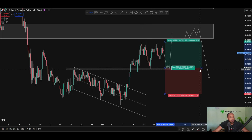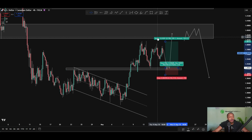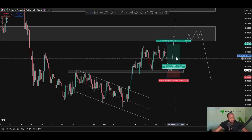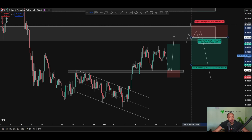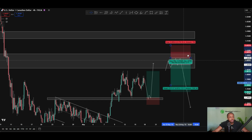Depends how everything is moving along, but dollar CAD buys I think still look good. We haven't really seen price show momentum and try to continue just yet. We're kind of failing at highs there, so I can see us potentially coming back down before continuing to the upside again. And once we start coming into these areas, we can discuss some shorting opportunities, but again, I feel